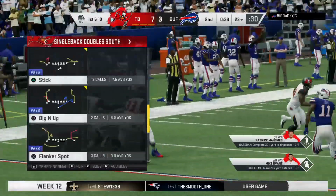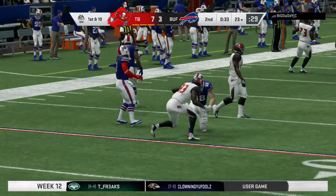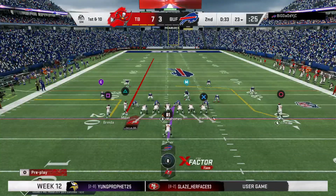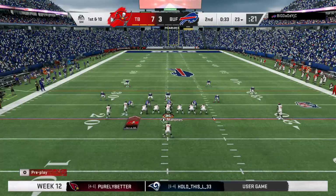Let me pay homage to the man who stood in this spot before. He always talked about how much pressure is in the face of a guy, and can he step into a throw. And when you can't do that, oftentimes interceptions result. 58, boys, 58. Mike,